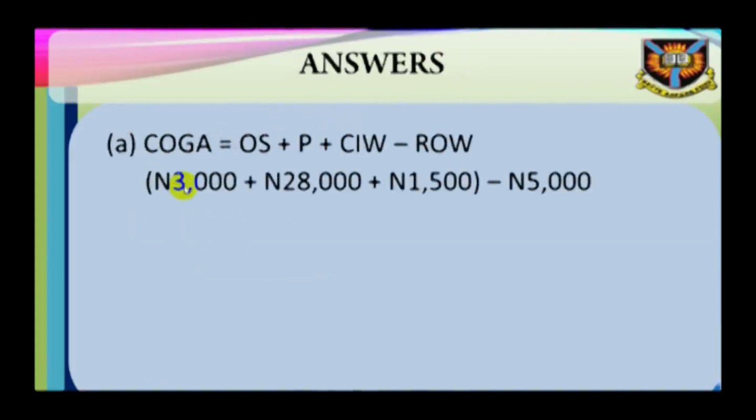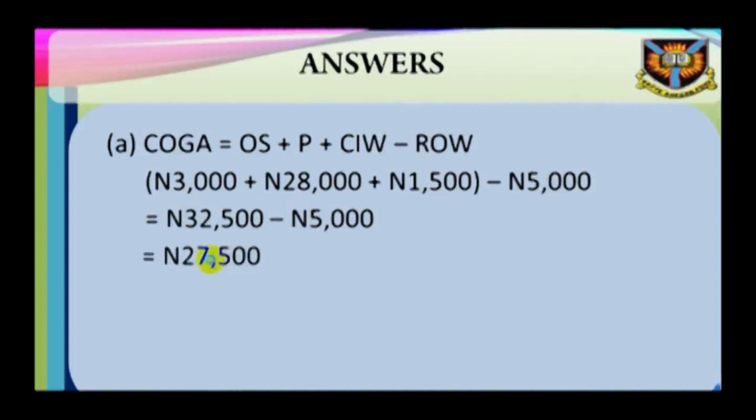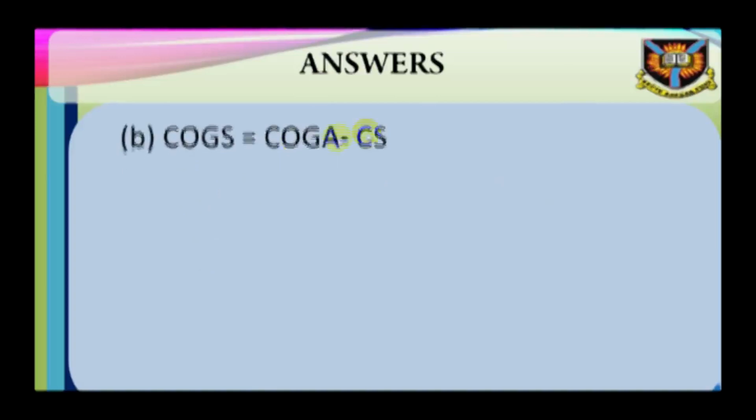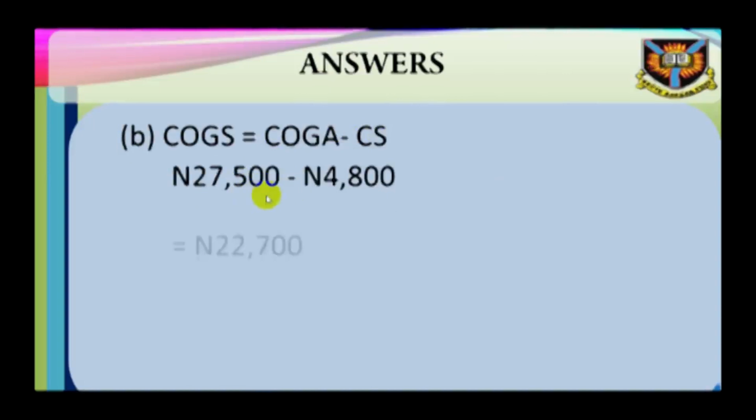Answer. A. The cost of goods available equals OS plus P plus CI minus ROW. That is 3,000 plus 28,000 plus 1,500 minus 5,000, which is 32,500 minus 5,000, which is 27,500. COGS equals COGA minus CS, which is 27,500 minus 4,800, which is